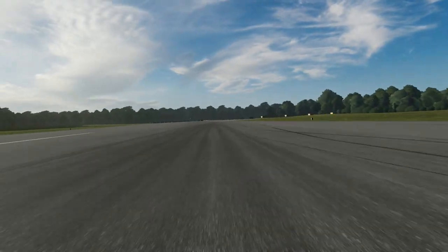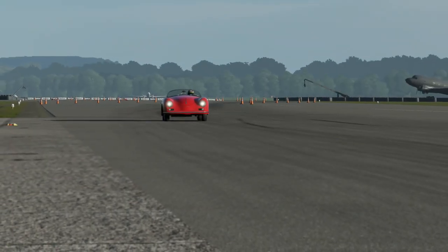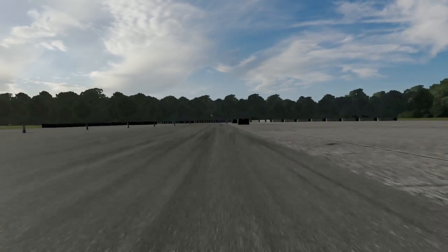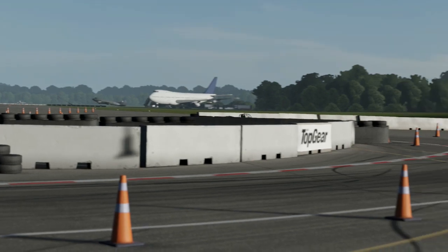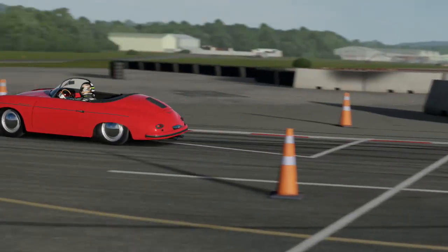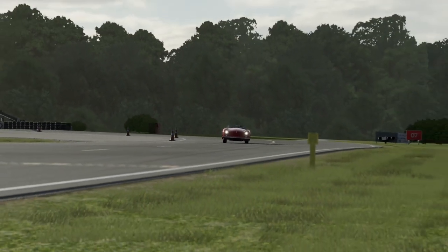However, I will say, the 356A around this track is great fun, just because of how much body roll it has, but it still surprisingly sticks through the corners. There is a little tinge of understeer, which is kind of weird in a car that only has 60 horsepower, I'll admit it, but that is there. Other than that, the acceleration is surprising,